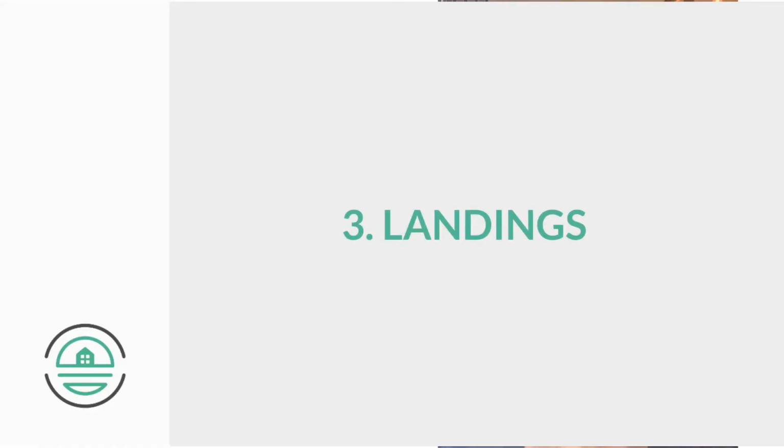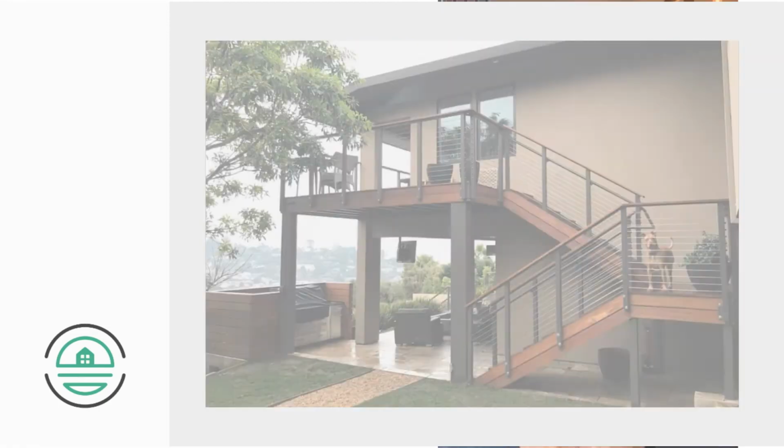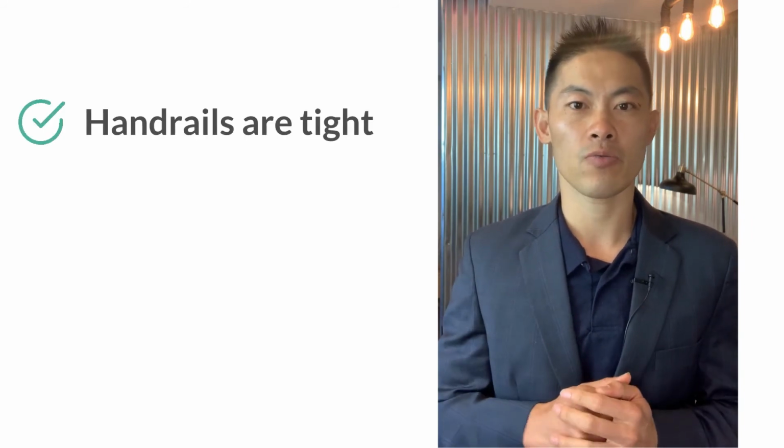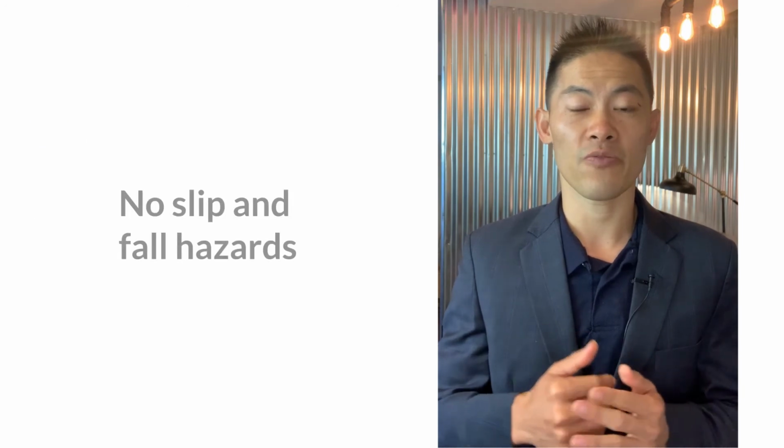The third L that we do to make sure that we have safety for our tenants at our properties is landings. And landings are anything from patios to decks, stairways, walkways, anything where they're walking. And we will make sure handrails are tight. We're going to make sure that masonry of steps is solid